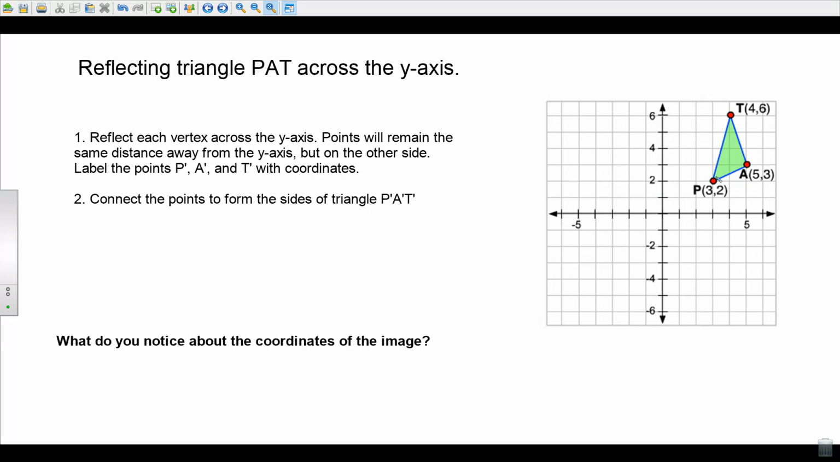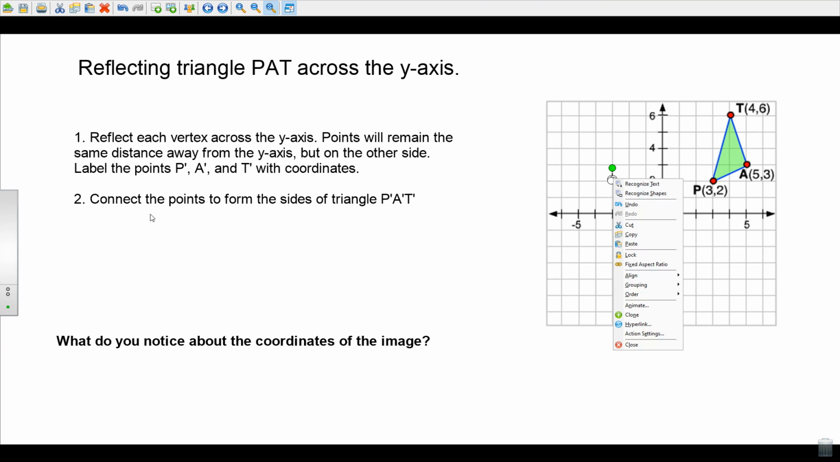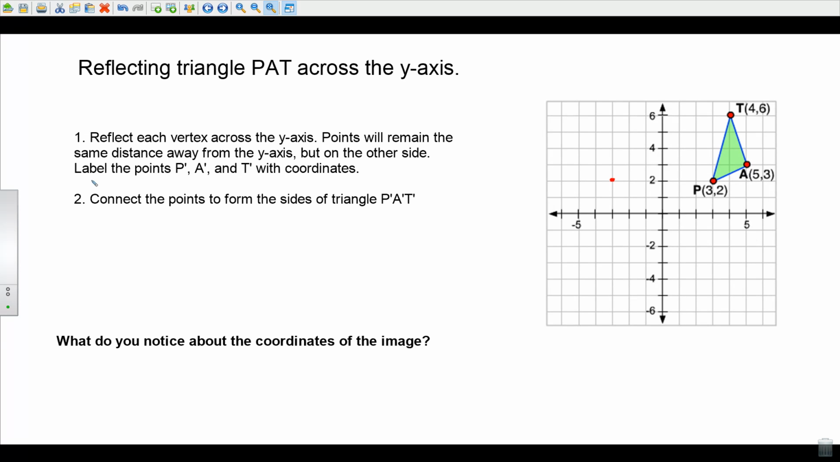So I'm going to start with P. P right now is 3 units to the right of the y-axis. It's going to stay on this horizontal grid line, but it's going to go 3 units to the left. So this is going to be point P. And then point A, same thing. It's 5 units away. So we're going to end up over here. And then point T, it's 4 units to the right. So when we reflect it across,